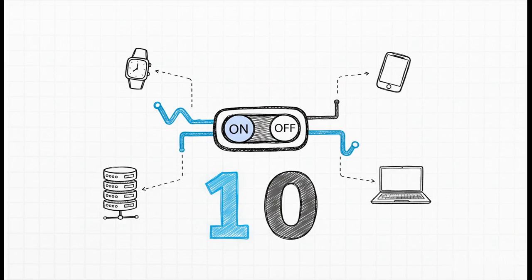Okay, so the answer actually starts with something that is so simple. You look at all this amazing complexity around us, right? Your smartwatch, a giant supercomputer, and at the end of the day, every single one of them only understands two things. Just two, on and off. That's it. We just call them 1 and 0. That is the entire vocabulary these things have.